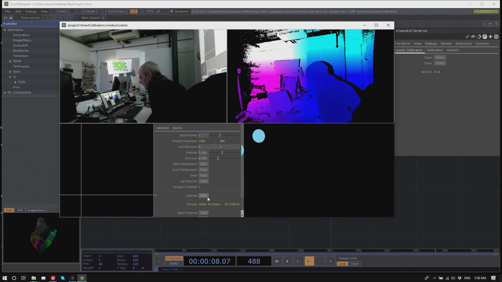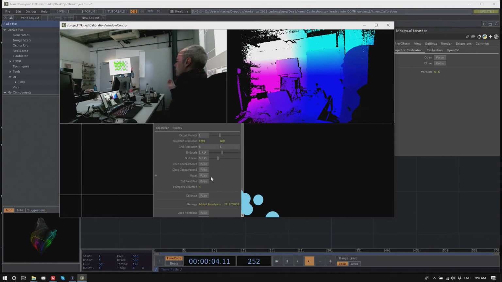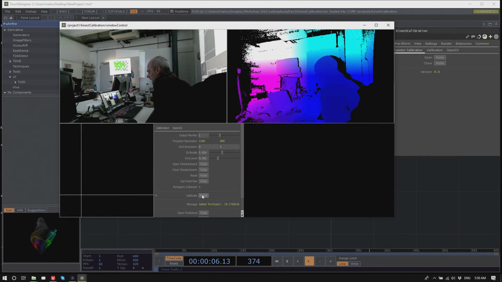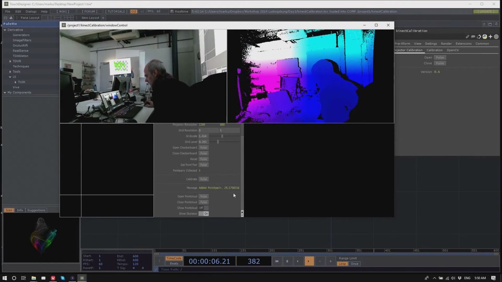Let's see if it can calibrate with those. After collecting a couple point pairs, you essentially click calibrate, and it was not successful. Or maybe it was. Open point cloud.